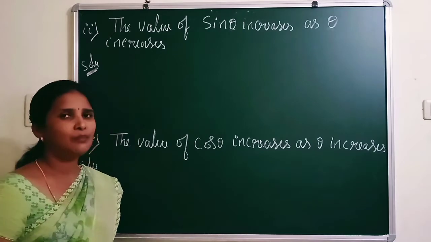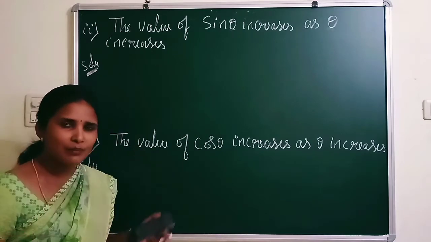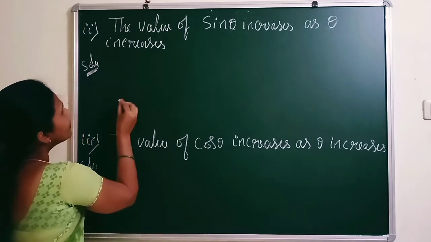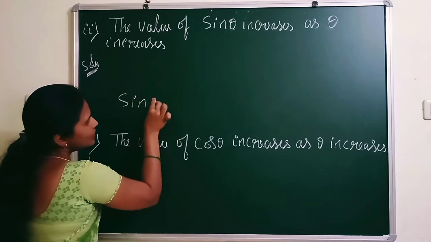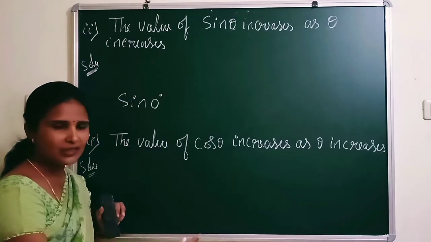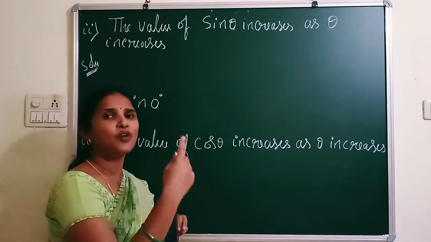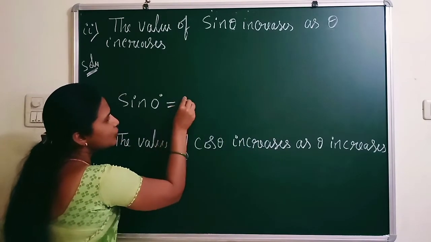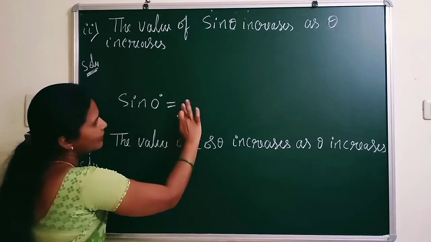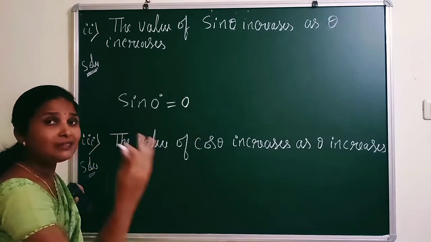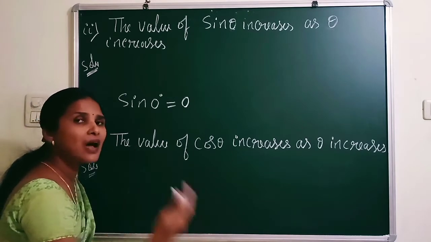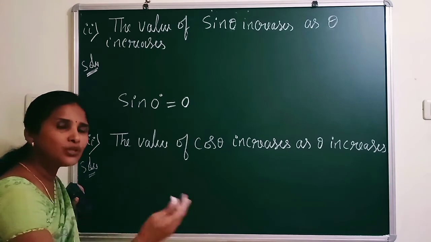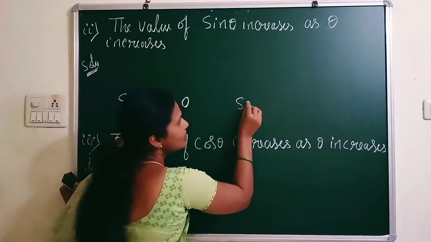Observe the specific table. I have given one table in the previous sessions where you can see all the specific angles. There you can see that sin 0, when I take the 0 degree, is the first angle, then we have 30 degree, then 45 degree, 60 degree, 90 degree. Sin 0 value is 0. Next, sin 30 is half and sin 45 is 1 by root 2. Next, sin 60 is root 3 by 2 and sin 90 is 1.